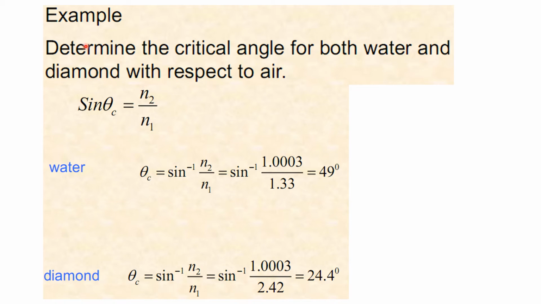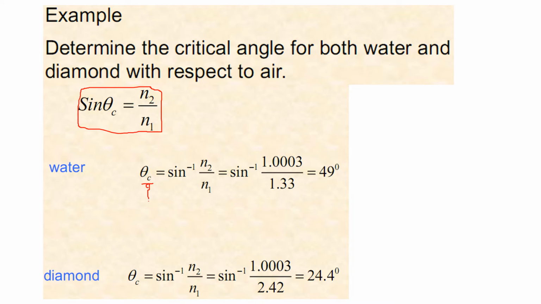Then here we have an example of calculation. Determine the critical angle for both water and diamond with respect to air, where the index of refraction of air is 1.003, that of water is 1.33. The index of diamond is 2.42. Here we need to use the formula sine of the critical angle equals n2 divided by n1. Then we need to calculate this critical